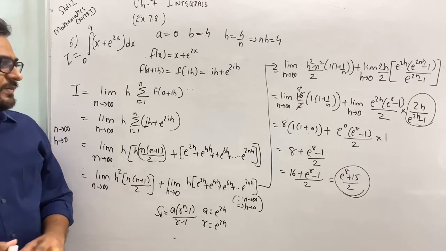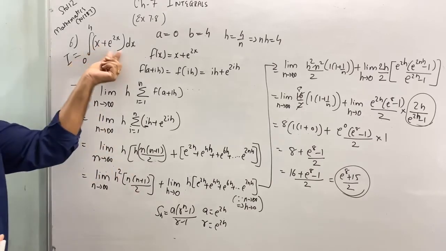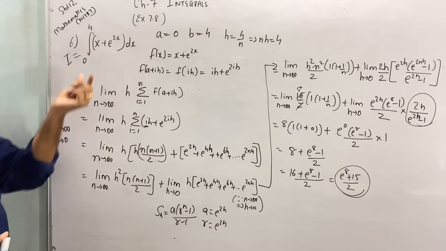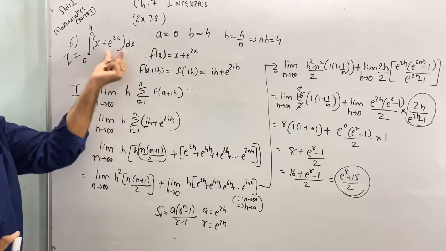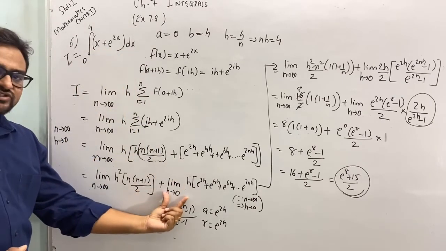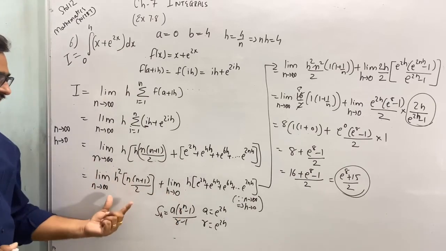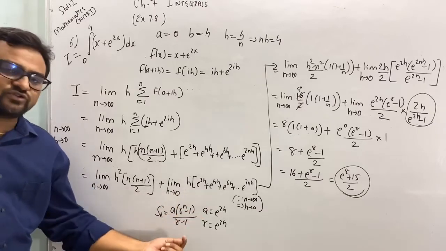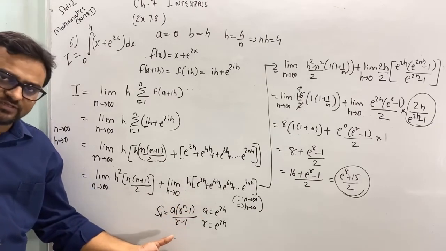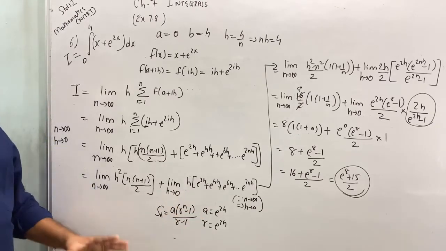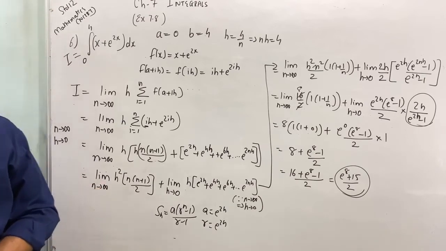Clear? I'm repeating once again. These are two different types. Here we'll take n tends to infinity, and these are separated as h tends to 0. Okay, so these are taken n common, and here we had used the formula for geometric progression. Okay, so just go through this question.